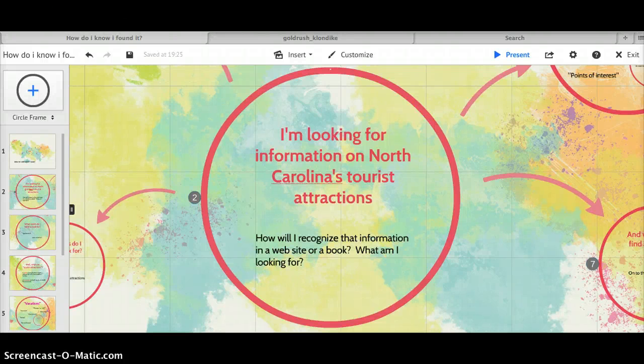Something you've noticed since we've started our state reports is that sometimes the information in books or on websites doesn't look exactly like it does on your worksheet, and that can make it hard to know that you've found what you're looking for. So today we're going to practice looking for information on tourist attractions, okay? And we're going to think about this question and how it might look on a website or in a book, all right? So the first thing we need to do